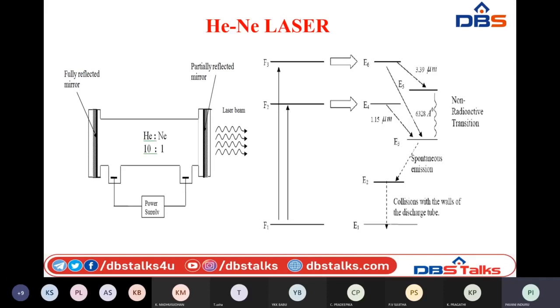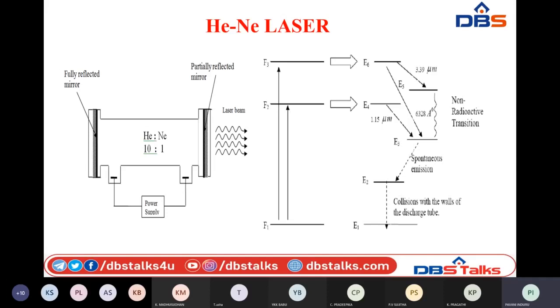The atoms present in the F3 energy state supply energy to the atoms present in E4. And the atoms present in the F2 state, these helium atoms, supply energy to the E4. That is why we have two upper energy states available here, nothing but E4 and E6. And the lower energy states where the population inversion is going to be met are E5 and E3. That means the transitions will take place between these four. The population inversion and the laser action will take place between these four energy states.